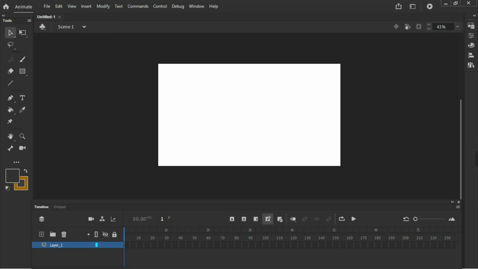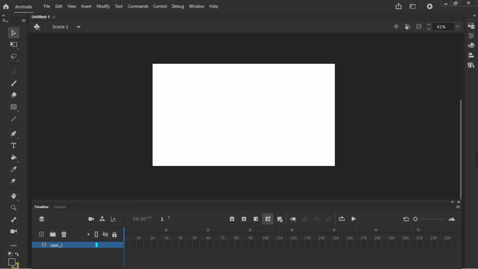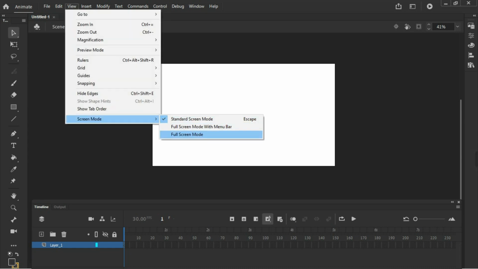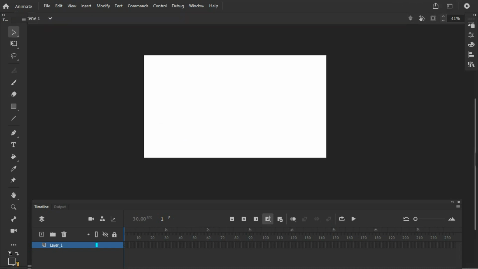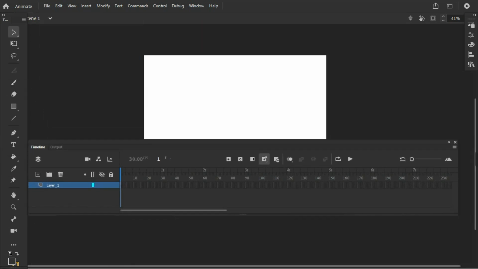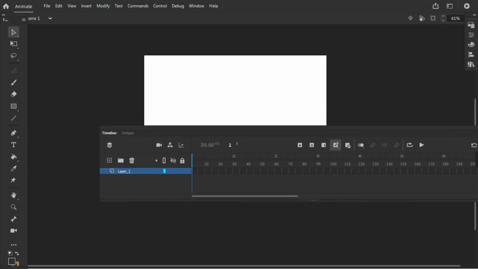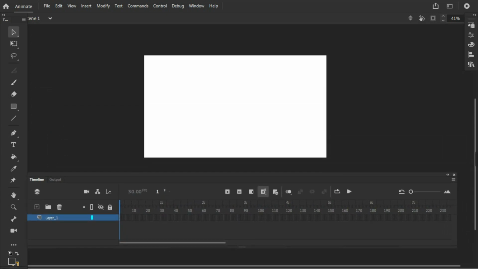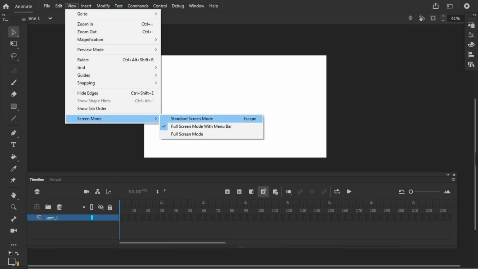Most of the important tools are already in here, and you can choose this platform in here or this container in here, or you can edit it by just clicking on the view, and you can choose the full screen mode with menu bar, or standard screen mode. We are in the standard screen mode. If you wanna change it, just click on the screen mode and you can change the whole screen mode from just here. You can even customize the whole screen, all the tools, with the use of the mouse. But if you are a beginner, don't even touch any of this stuff. Just stay on the standard screen mode.